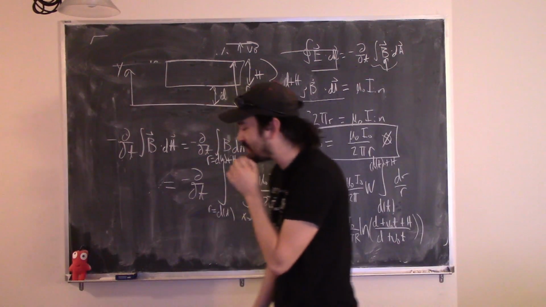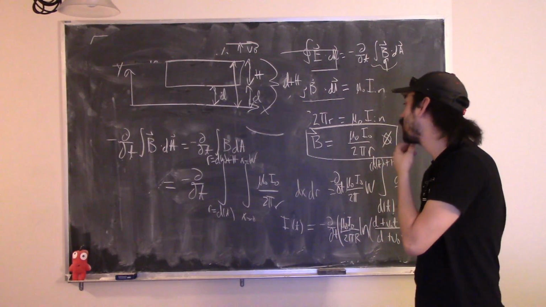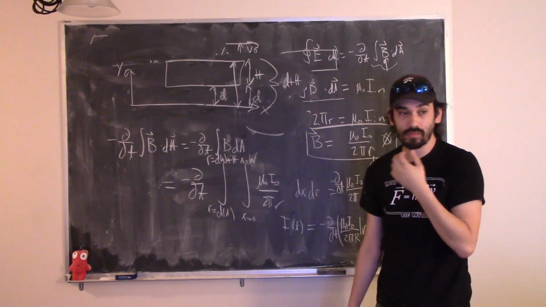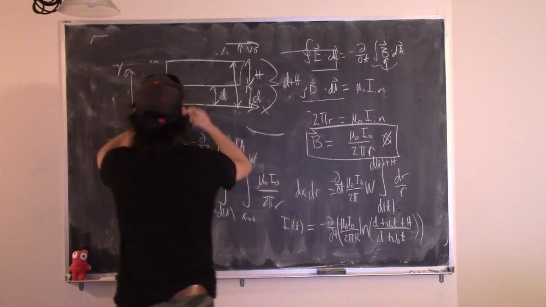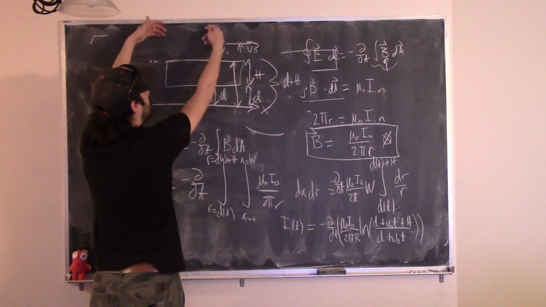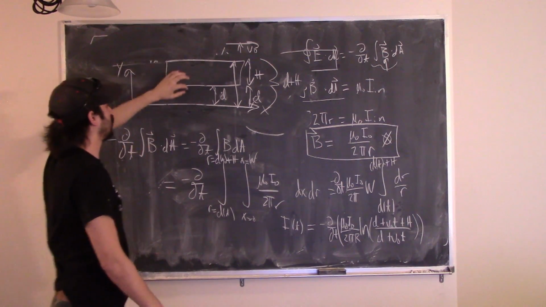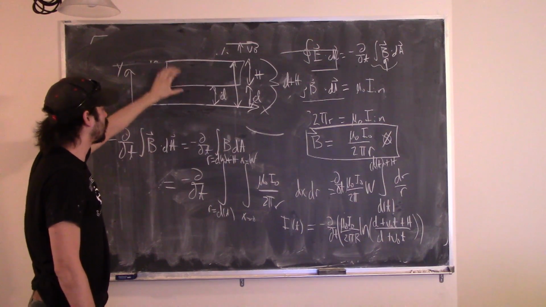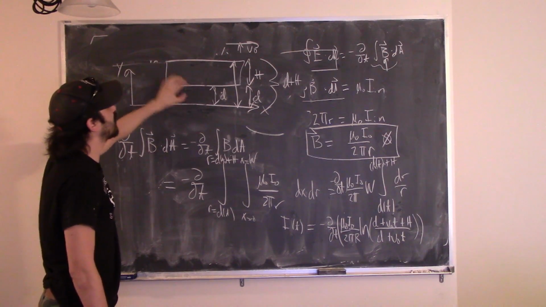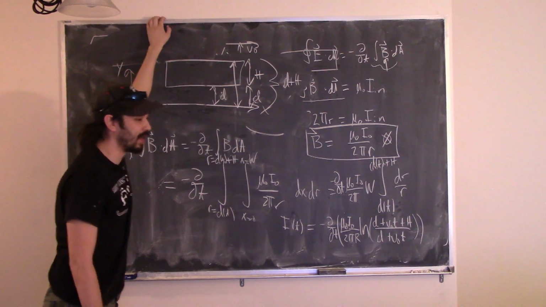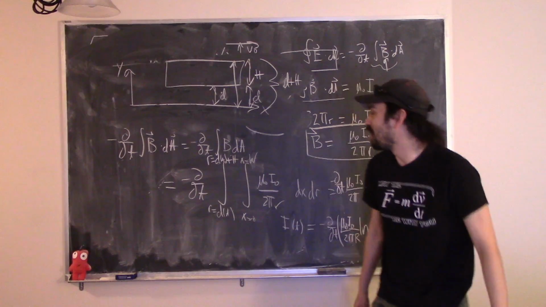I don't know that it really fits very neatly into one of the categories that we have, because it's not that the magnetic field is changing as a function of time. The magnetic field varies with distance. So the further away I am from this wire, the lower the magnetic field is. If I'm all the way up here, I have a small magnetic field. If I'm really close to the wire, I have a large magnetic field. And so the loop is going to be moving from a region where there's a large magnetic field to a region where there's a small magnetic field. So I suppose in a sense you could say that the magnetic field is changing,